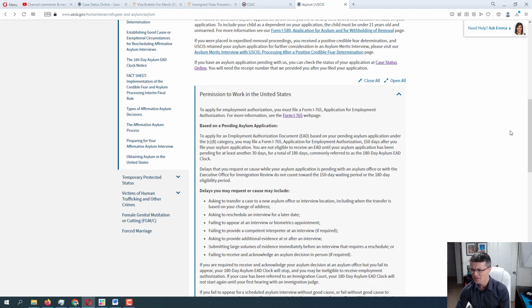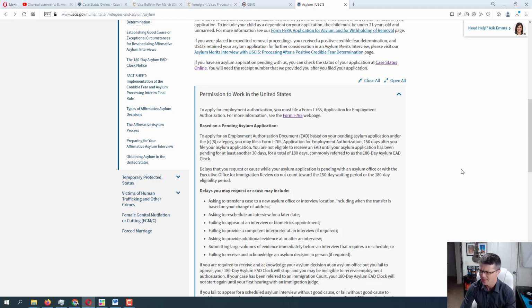It's still 150 days after you file your asylum application, and then 180 days. They cannot issue within the 180 days. So that's another reason people have a little bit of confusion whenever it comes to the asylum EAD clock, because there are 2 numbers, 150 and 180. Which one is it?